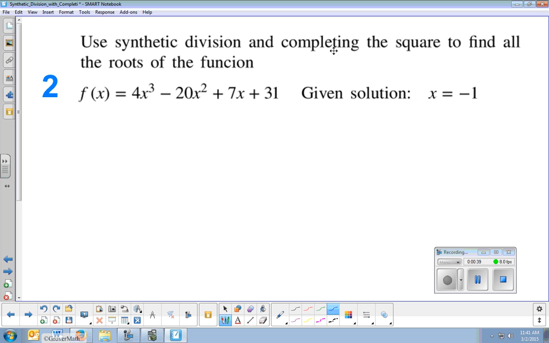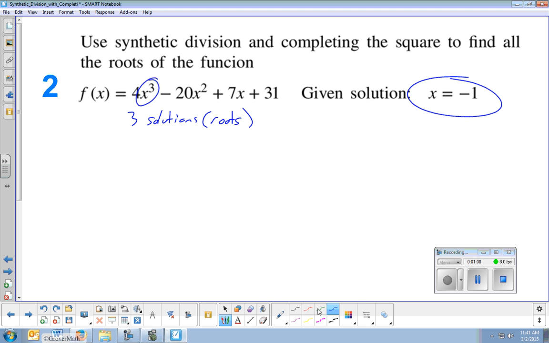So use synthetic division and completing the square to find all the roots. Now, this is an x cubed term, meaning the highest exponent is x cubed. And what that means is there should be 3 solutions or roots. Remember, solutions and roots, we use those terms interchangeably. So what's going to happen is I'm going to give you one of them. I'm going to tell you that -1 is a solution to this polynomial, to this function, and I want to